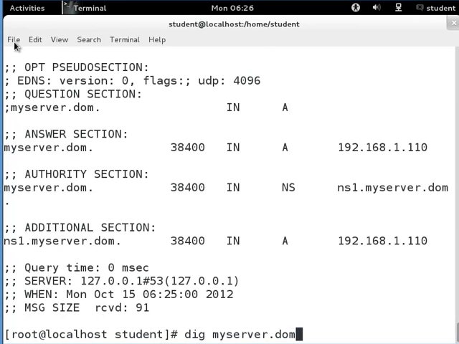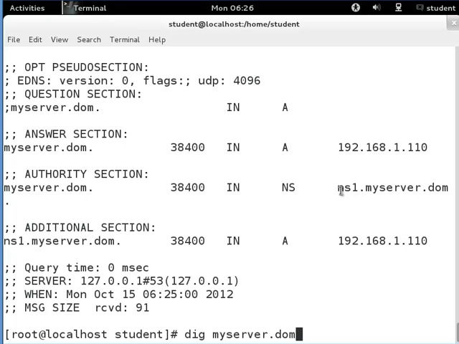There's the IN for internet address, A for IPv4 address, and then the IPv4 address 192.168.1.110. And then the authority section, myserver.dom, IN for internet, NS is our name server,